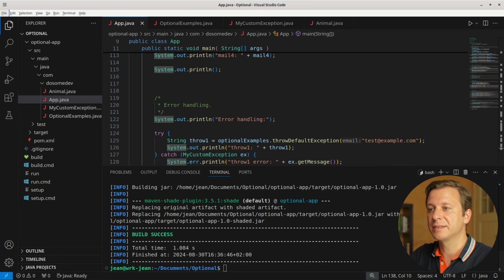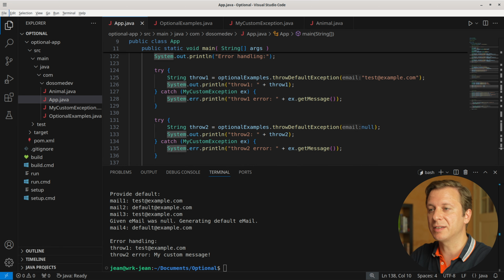Now let's build and run the application. And here we can see throw1 results in test@example.com and throw2 results in an error in which we see myCustomMessage. To sum up, we first made sure we understood the basics of Optional and what its advantages over